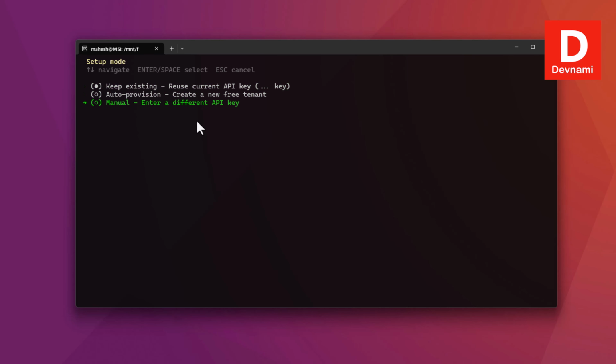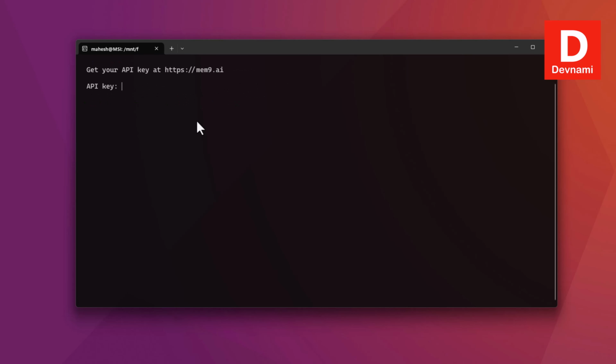So what I will do is simply use manual, because we created a space specifically for that and we want the API key. So I will paste that, hit enter. Also you have to specify the API URL, so I will just hit enter again so that the default remains,